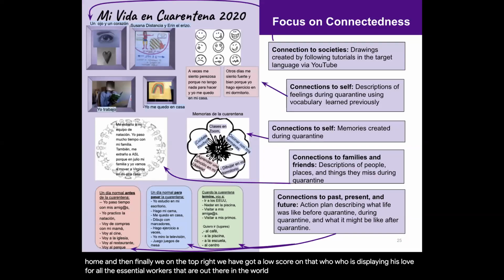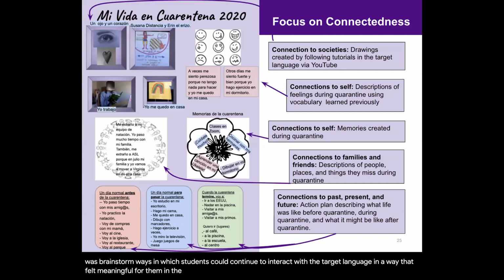The third dimension that we wanted to focus on was connectedness. And so this really manifested itself across all of the activities, but a couple in particular that I want to highlight. So the first thing we wanted to do was to continue to encourage a connection with societies. So really, the first thing that we did as we were starting to develop the unit was brainstorm ways in which students could continue to interact with the target language in a way that felt meaningful for them